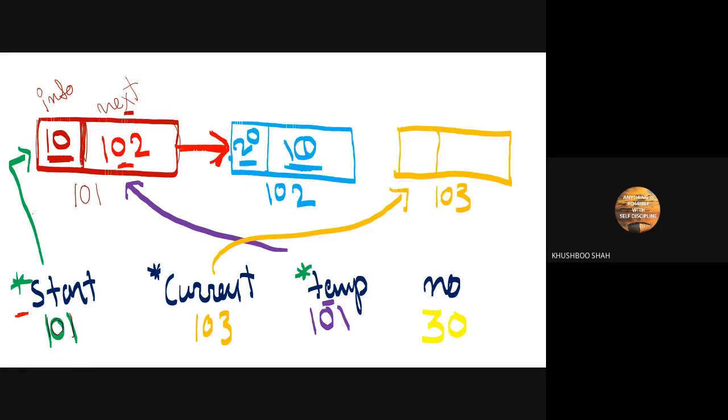Because here we want to swap the values. To create the link to the next node, we use the temp variable, because my start will always point to my first node, current will always point to my current node, and temp is used to create the link to the next node.